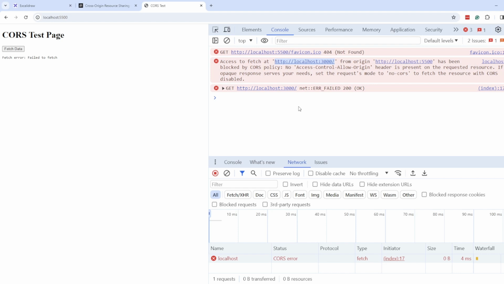Now since proper CORS policy is not specified here, the browser is blocking the request from the front end to the backend because the backend does not have proper CORS headers. So the browser does not know whether our backend really wants to share its resources with the front